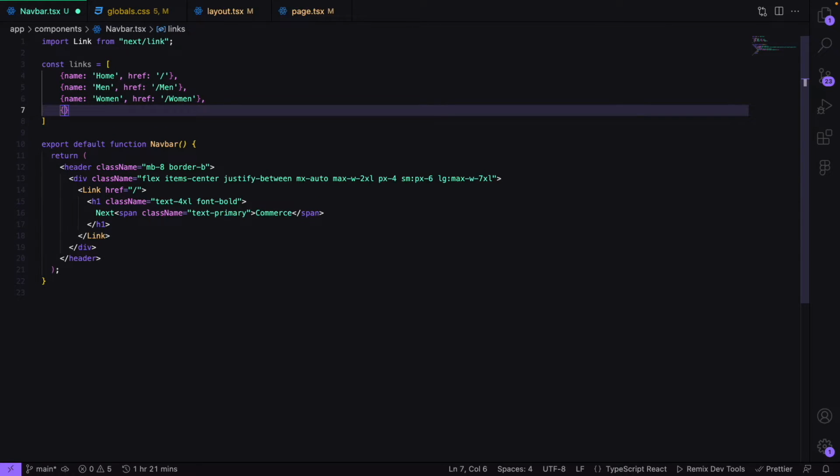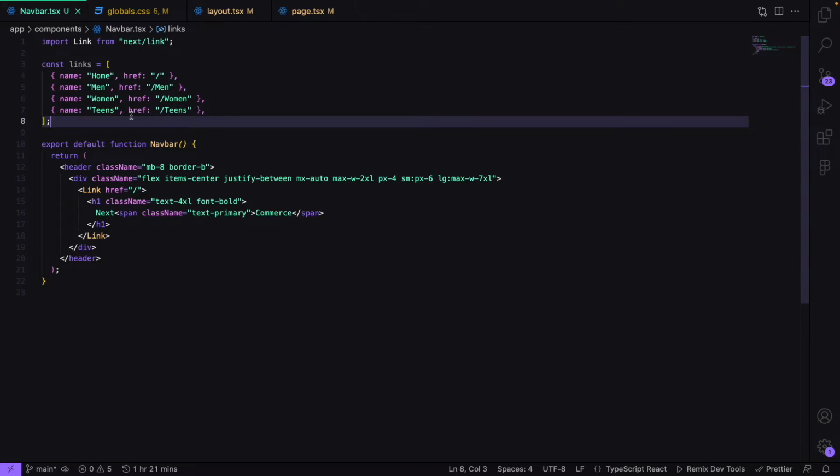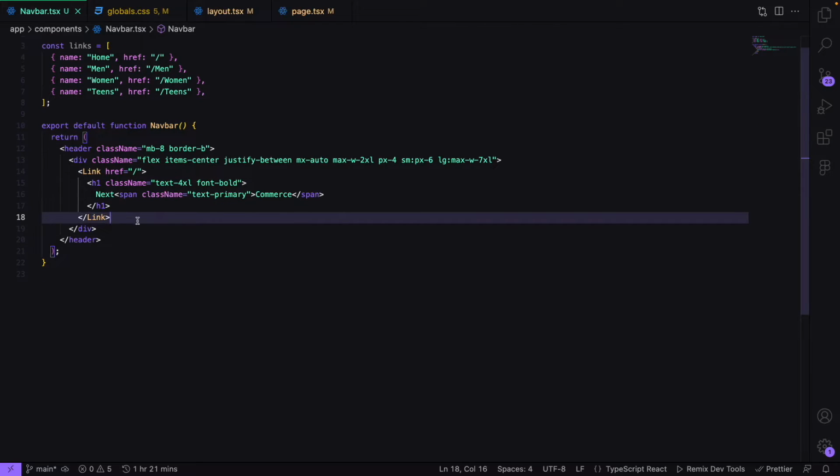Then the last object I want to do is a name, and the name will be teens, and the href will again be the same as woman, just with the difference that we'll have a slash teens. Again, the T right here is capitalized. So that looks good. What we want to do now is go under this link right here, and let me